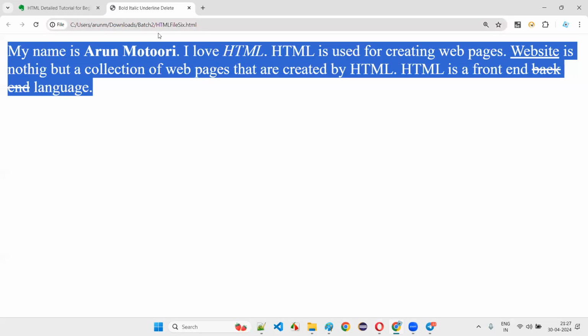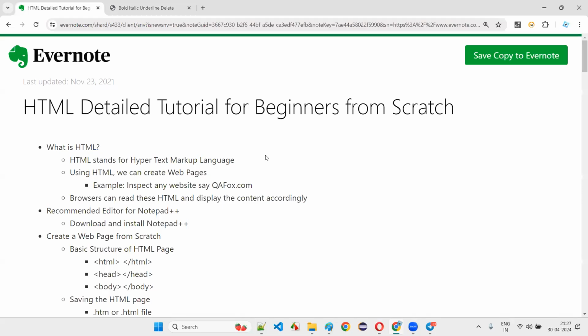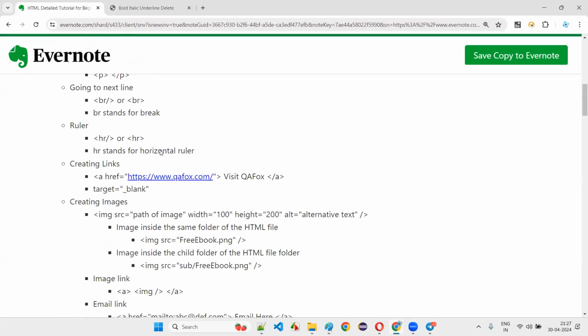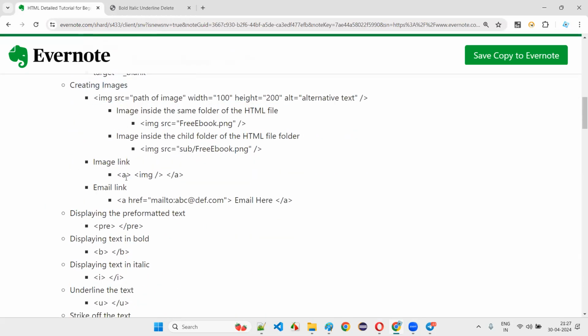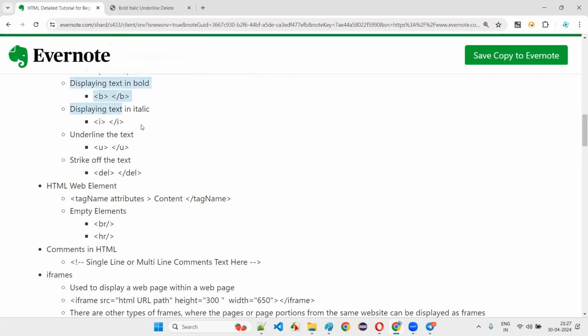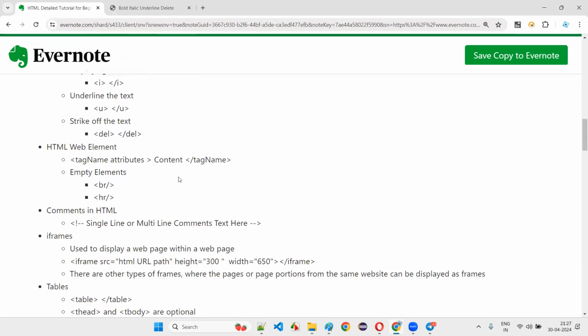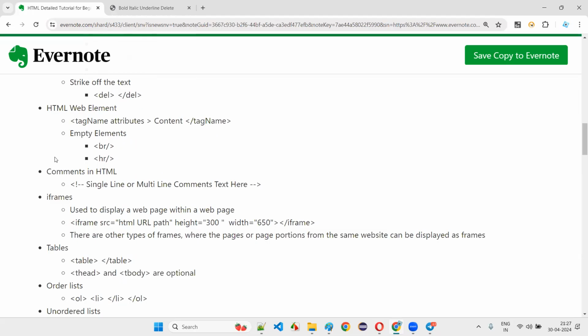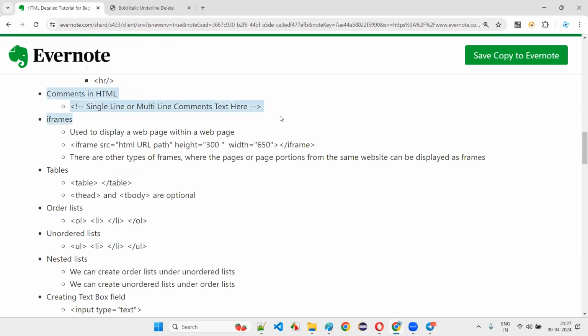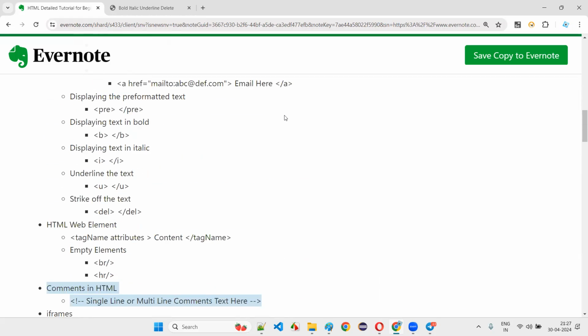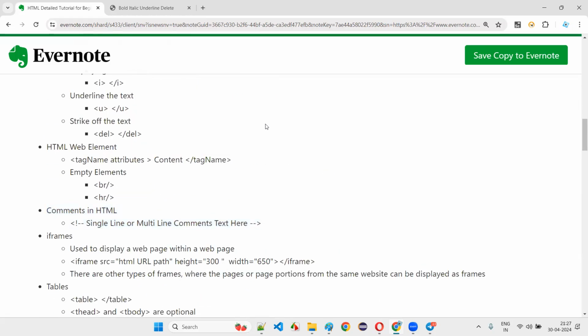Okay, then what is the next item? Hyperlinks are over, images are over. This I don't want to explain because I only want to cover the important things. HTML elements I covered. Okay, different types of HTML elements, I just showed you some examples. I think for today, this will be enough.